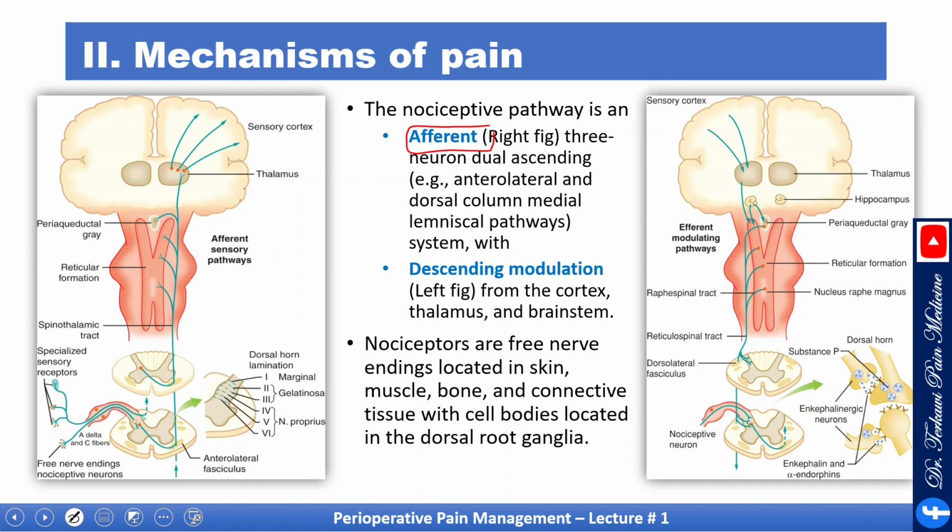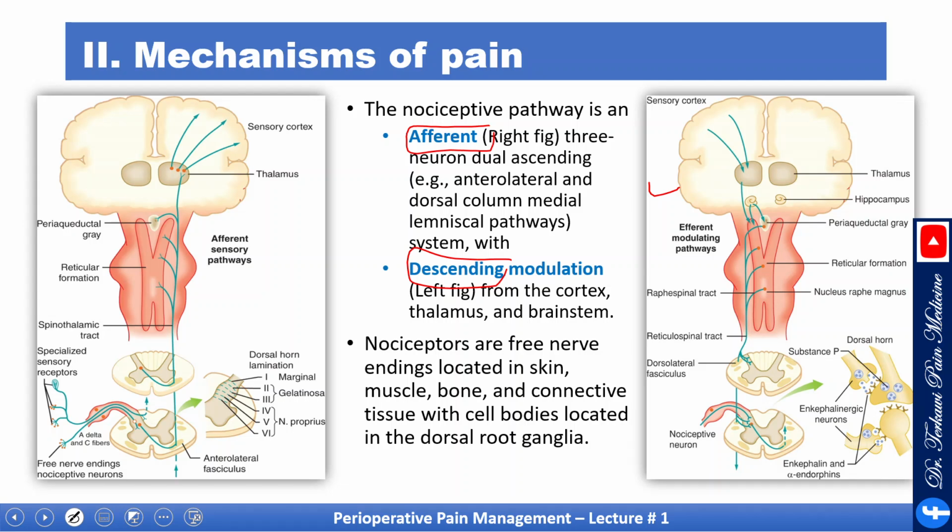The picture on the right side has 3 neurons, dual ascending pathways, the anterior lateral and the dorsal column medial lemniscal, and then we have the descending modulation, this one here, from the cortex down through the thalamus, all the way down